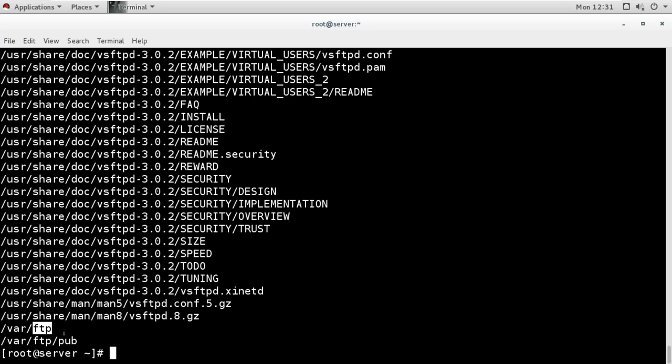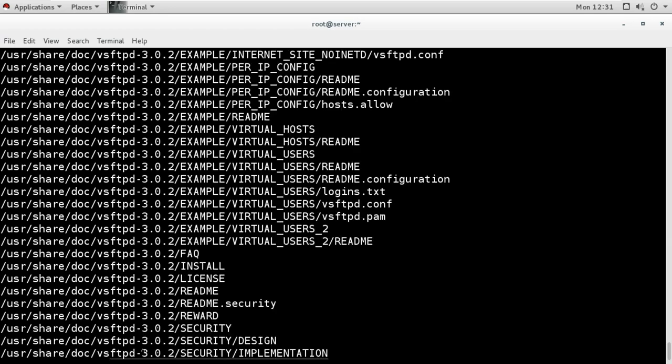And under that directory, it created this pub directory. This pub directory is basically for the anonymous user, and we can say it is also a default database directory under this FTP directory. So these are the important files we have.